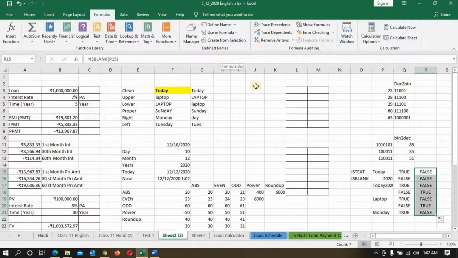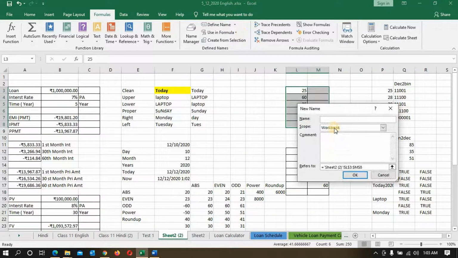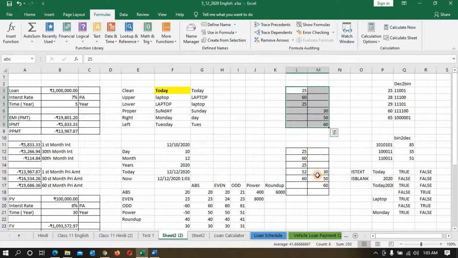Then we have these define names. Define name, basically we will put some value, 25 and then the rest you will put here 30, 50, 60. Okay, so this is there, and then we'll copy and paste the same here. Then we will put additionally here like that. Before this, I have to add something. So what I will do, I will go to define name and I will put here ABC. Okay, once I put ABC it is okay, and this I will put CDE.